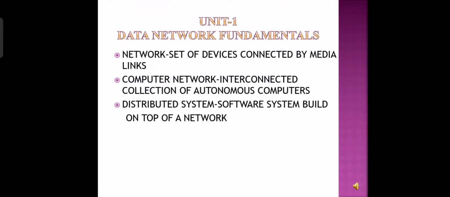Now, a computer network is generally defined as an interconnected collection of autonomous computers. What is meant by a distributed system? A distributed system is defined as a software system built on top of a network. The perks of distributed processing are as follows. It provides security or encapsulation, and security with redundancy is an add-on for this. Distributed database